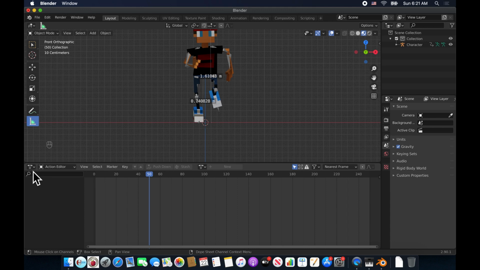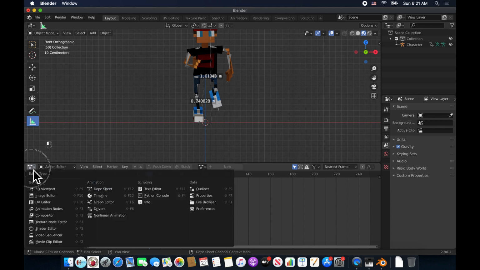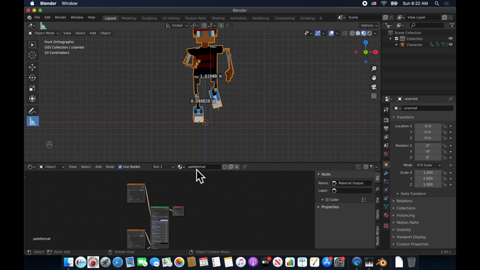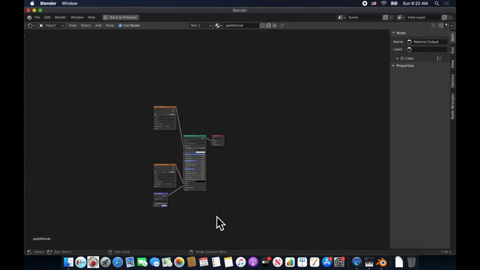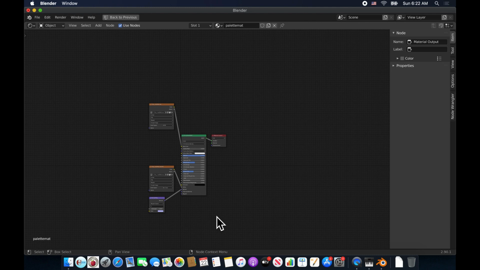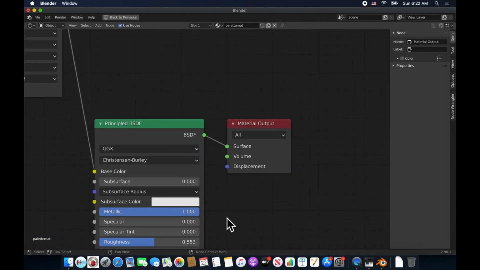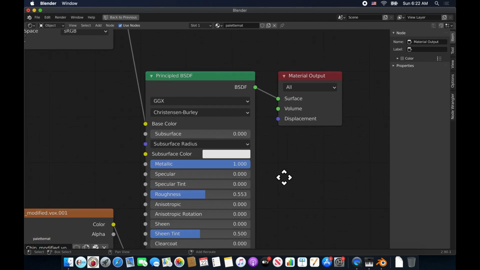And then we're going to change this bottom editor to a shader editor and click on the character. And we're going to take a look at this shader. Clicking down into the shader editor window, press Control and then tap the space bar and zoom in by holding your two fingers and zooming in and pulling out with your fingers on the touchpad. Hold Shift and drag with your two fingers to move to look at this particular part of the shader node